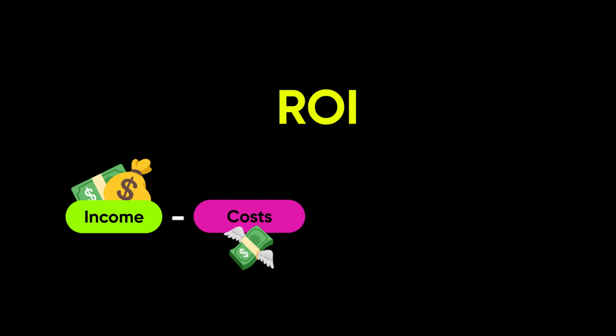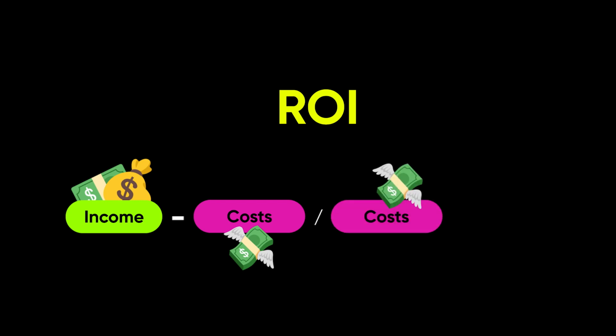ROI is calculated as the difference between the income and the expenses divided by the expenses and multiplied by 100. Income means how much we received from an affiliate network or an advertiser. Expenses include absolutely all the money we spent to prepare and conduct the campaign, whether it is the services of a designer, a translator for texts in foreign languages, hosting fees for placing their own landing pages, that is, sales pages, and of course, payment for the use of sources of traffic.